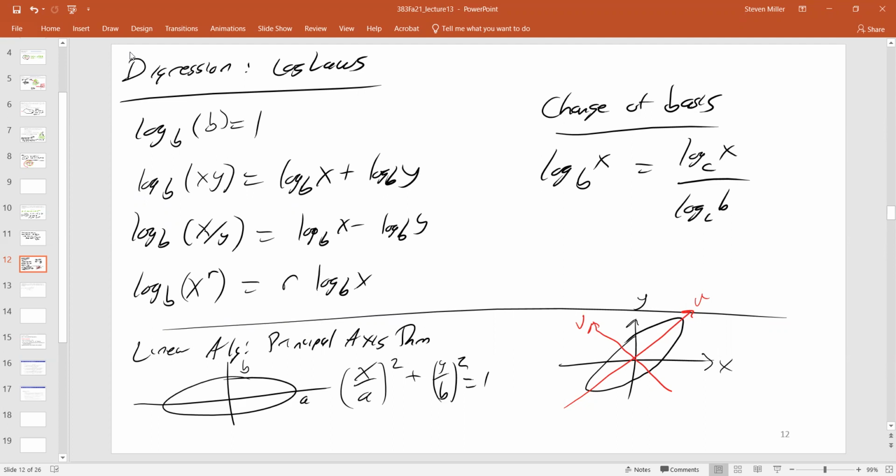So what you do is you start off with X, Y, you rotate to UV, then you write down the equation, and then you rotate back. So you just use a rotation matrix to move the point X, Y into UV coordinates, write it down in UV coordinates, and then rotate back to being X, Y coordinates. And so you reduce the case of a general ellipse to just an ellipse aligned with the coordinate axis that you know.